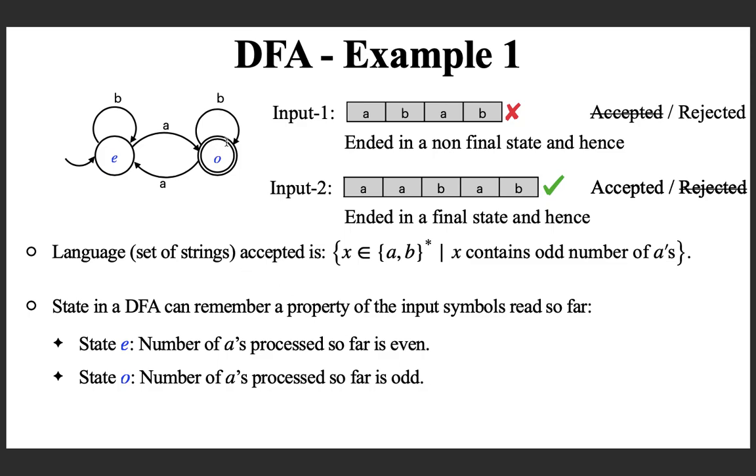Now it is very easy to complete the design. Here it means so far an odd number of A's. If you read B as the next symbol, it is again an odd number, because B is not adding to the number of A's. And now suppose you are here with an odd number of A's and read one more A: an odd number plus 1 is an even number of A's, and that is why you come back. With that we are finishing that example.